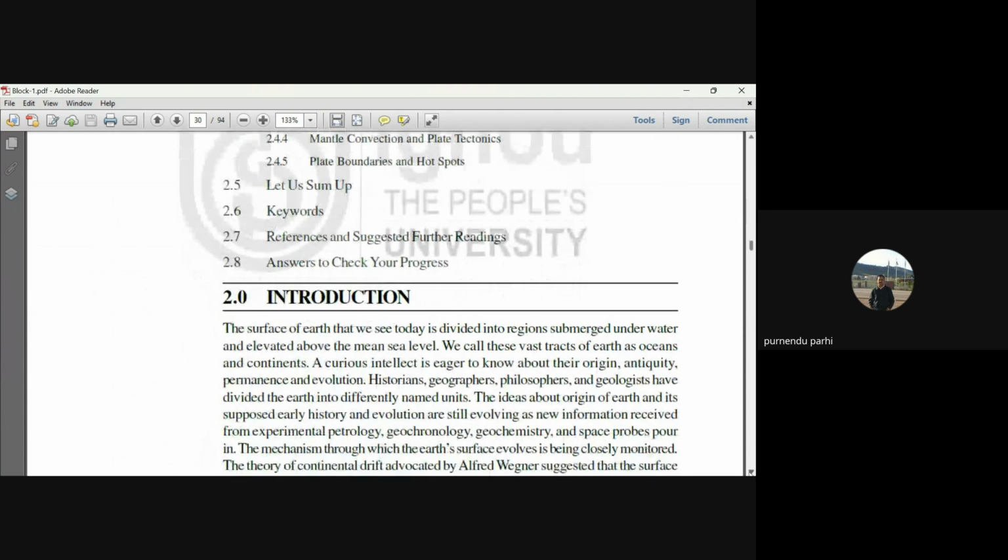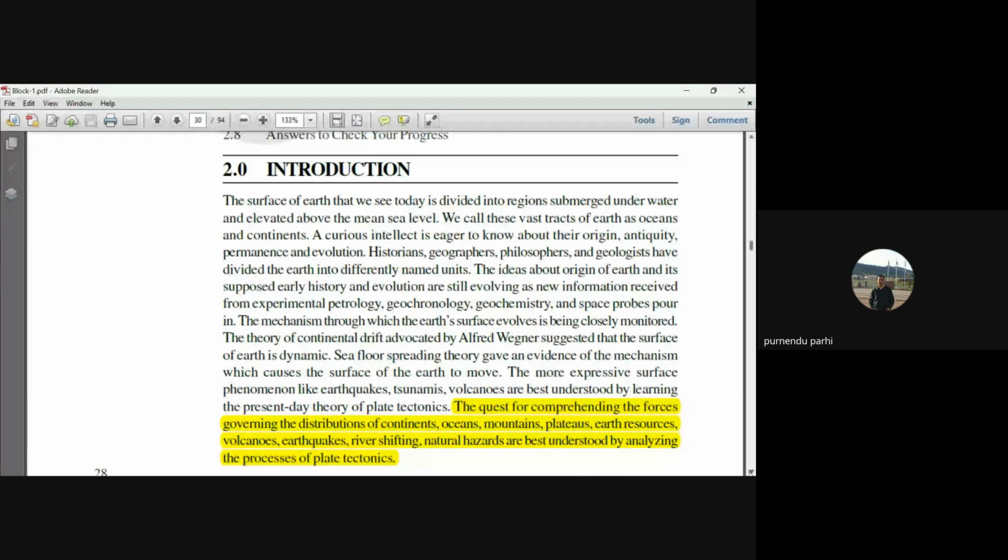The introduction. The surface of the earth that we see today is divided into regions submerged under water and elevated above the mean sea level. We call this vast tract of earth oceans and continents. A curious intellect is eager to know about their origin, antiquity, and evolution. Historians, geographers, philosophers, and geologists have divided the earth into different named units. The ideas about the origin of earth and its supposed early history and evolution are still evolving as new information is received